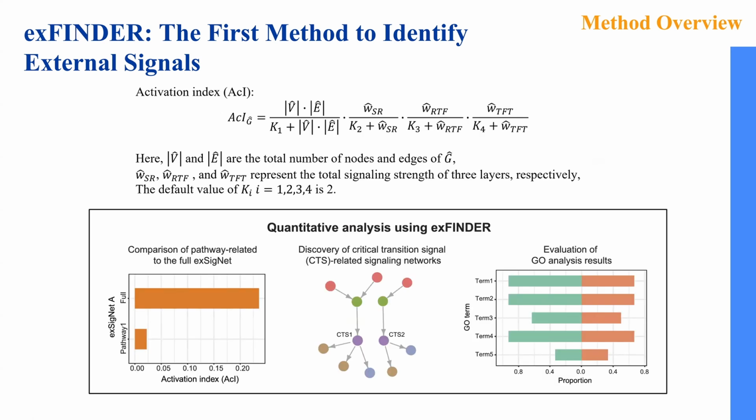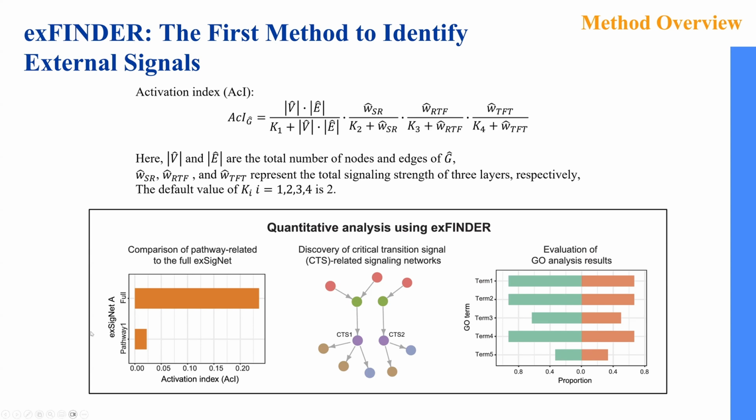To compare, one single network can be pretty big. It can have over 100 genes involved, but sometimes we may be interested in a subnetwork, or in some particular genes. Then we introduce this activation index. This index can quantify the activation level for each network, and then you can compare it between different networks, or you can compare the activation level between a subnetwork and